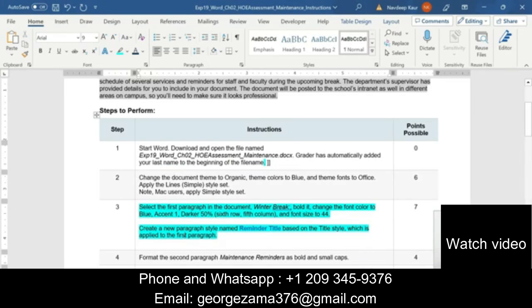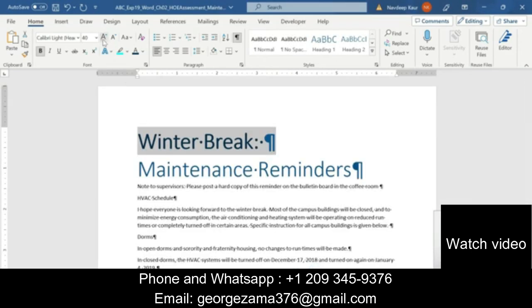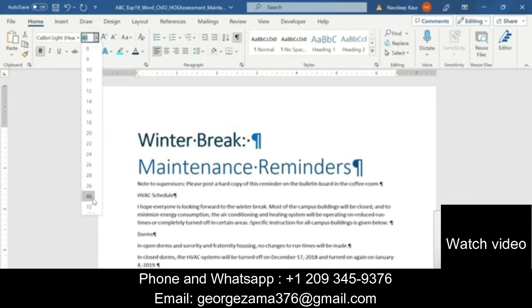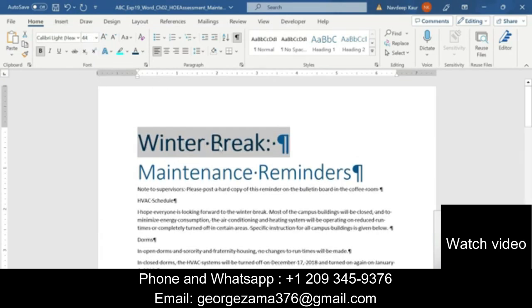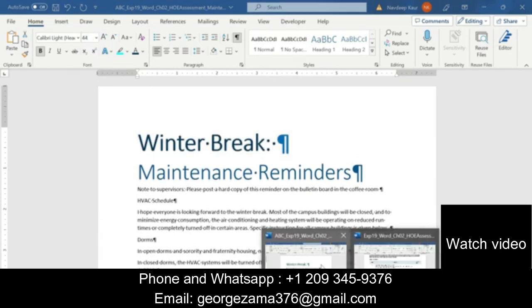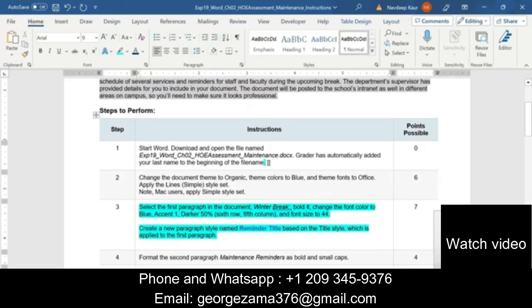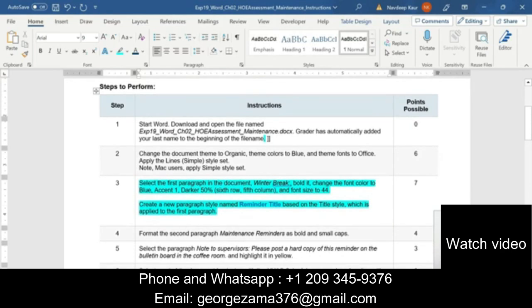Then we are supposed to change the font size to 44. So I will change the font size to 44. And we are done with this.